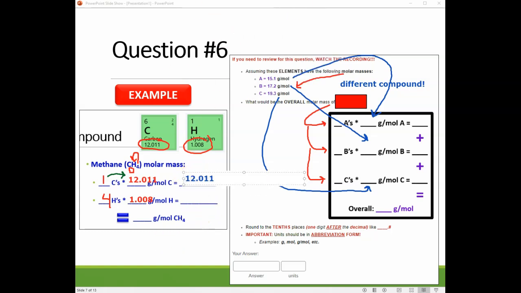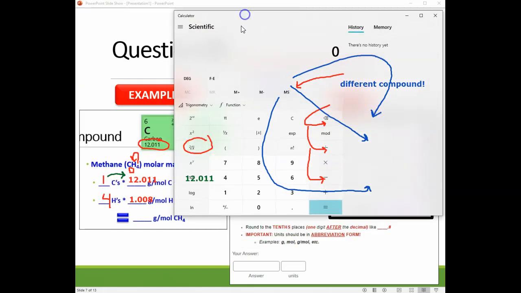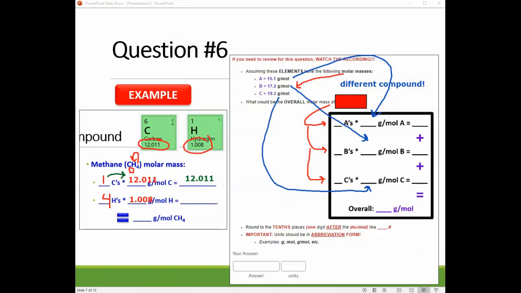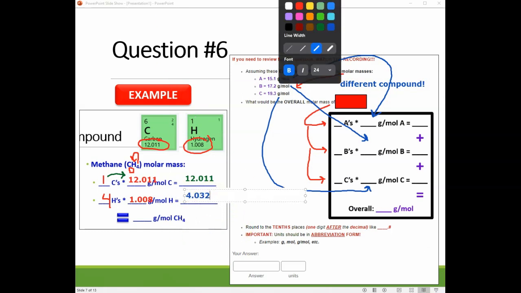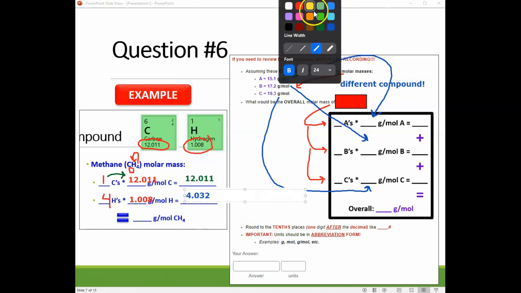Let's see if I can change that to a different color so it's easier to see. And then down here we have 4 moles of hydrogen times its 1.008. So if I were to grab a calculator here, 4 times 1.008 would give me 4.032. So over here I would write out 4.032. So that gives me the molar mass of 4 moles